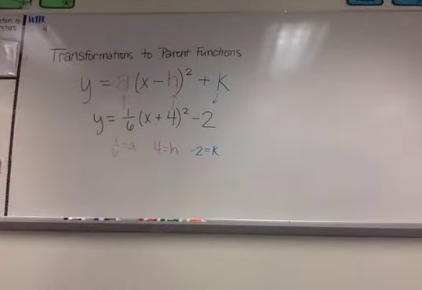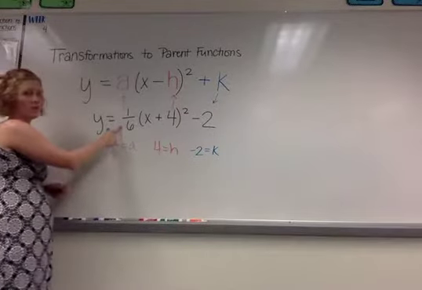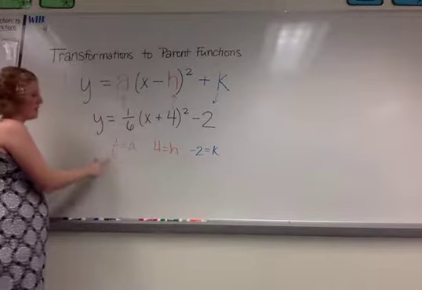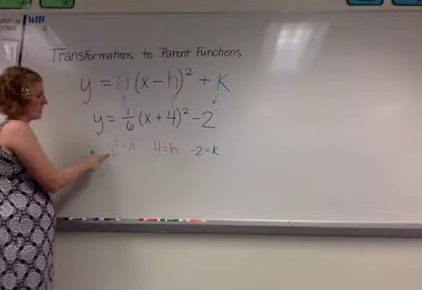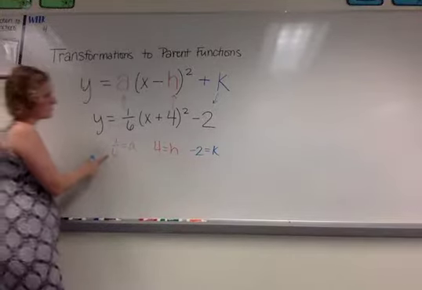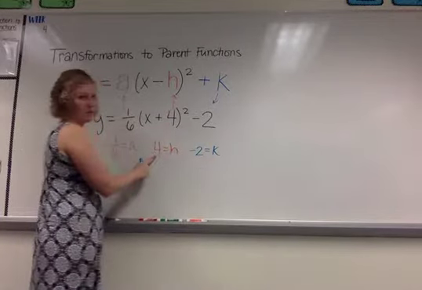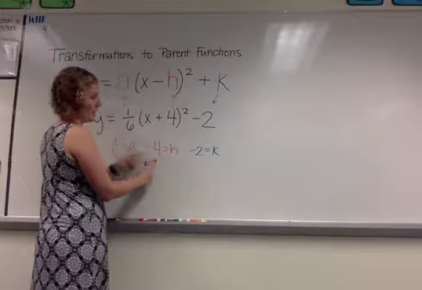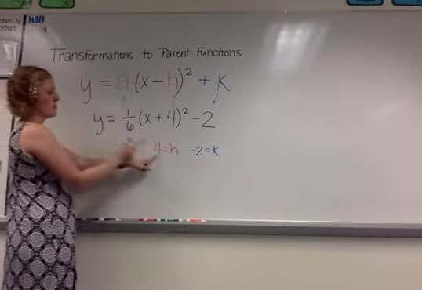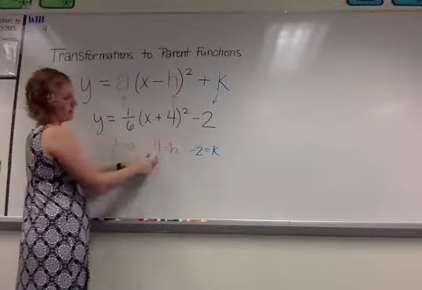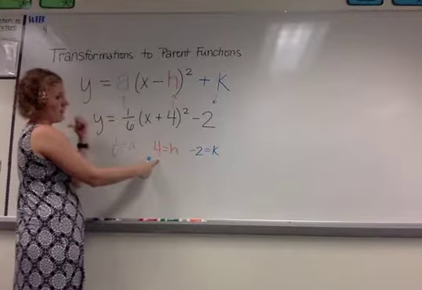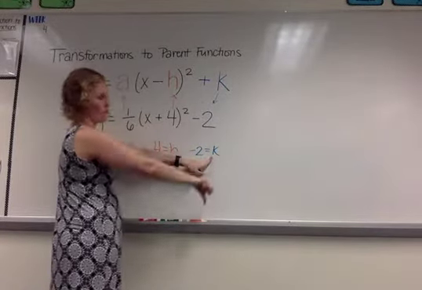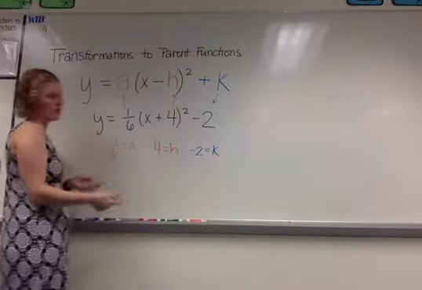So if you look at that, 1/6 is smaller than 1, so you know that it's going to compress, and we say it compresses by a factor of 6 because the 6 is on bottom. The 4 is positive, so that's going to move it to the left. So normally you would think positive goes right, but it's actually the opposite, so it moves to the left. And then -2 makes it move down 2. And when I say it moved down 2, I'm talking about the